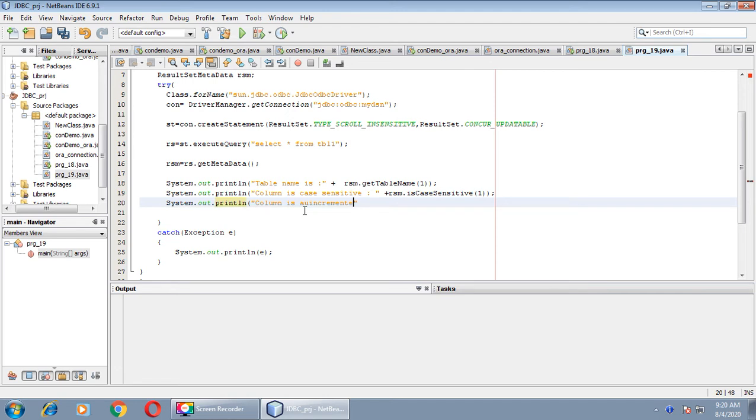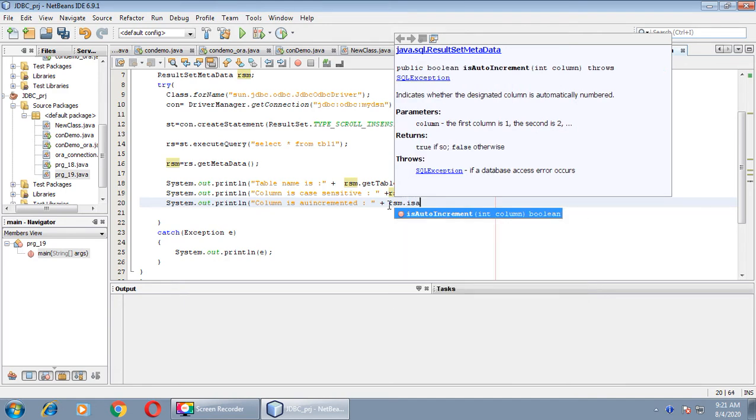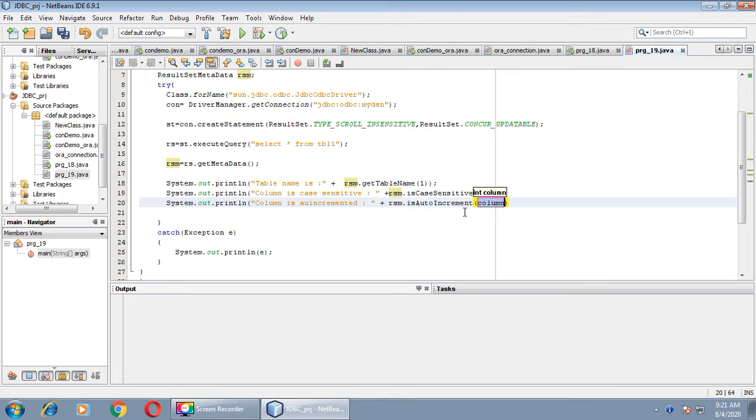Auto incremented, yes or no, right? We will call the method rsm.isAutoIncrement. We will get true or false, a boolean value, as a result.